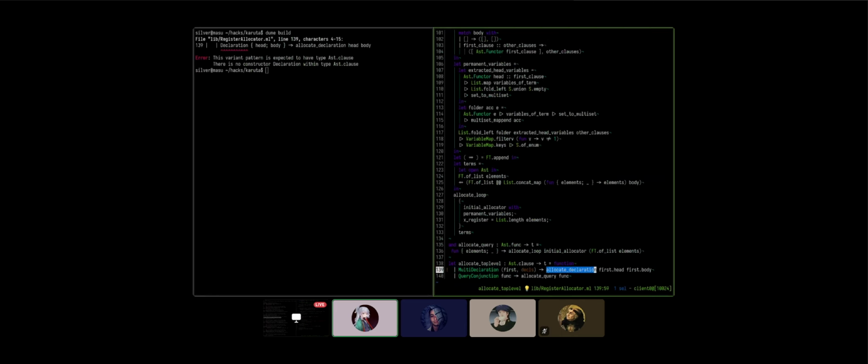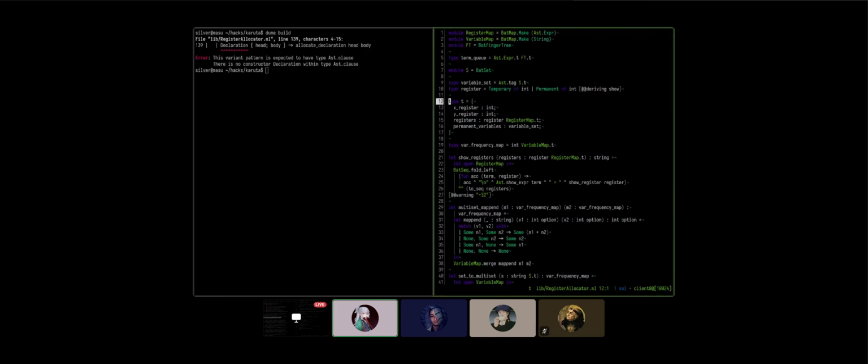Because we don't want to allocate the registers for all of them together. We still need to do them separately. That's what I said. The folder function inside the fold would be doing allocate declaration inside. Yes, and this allocate declaration is going to return a t, right?